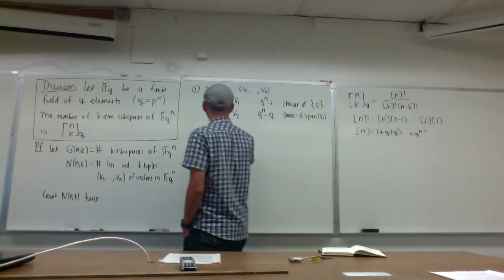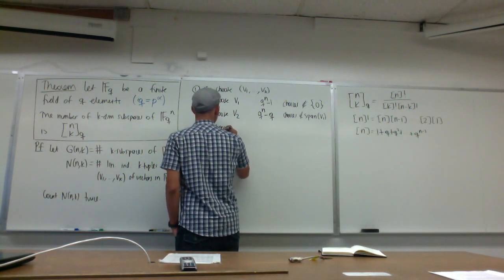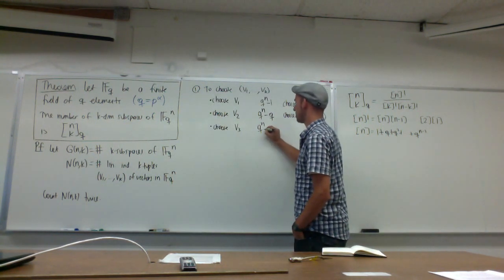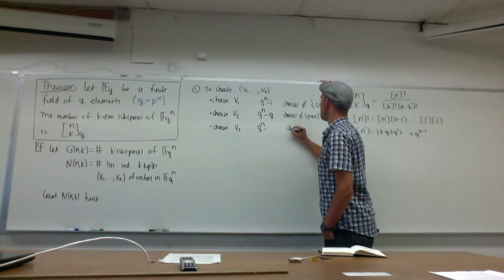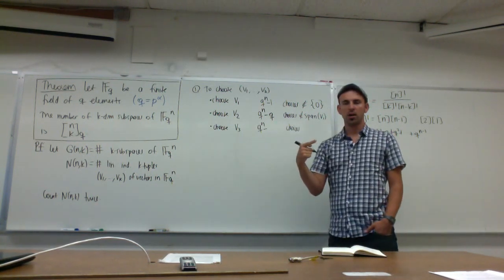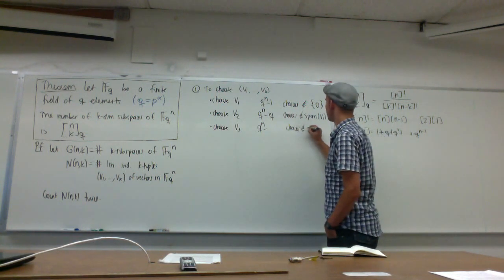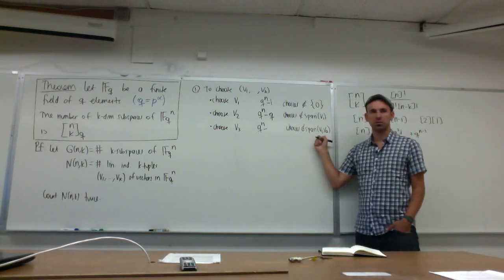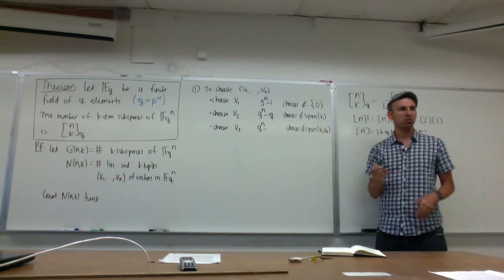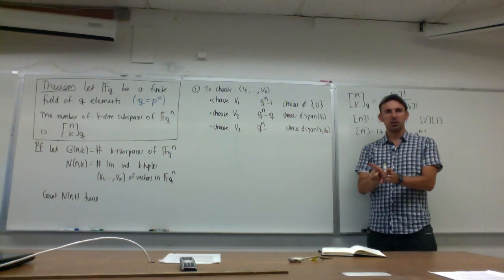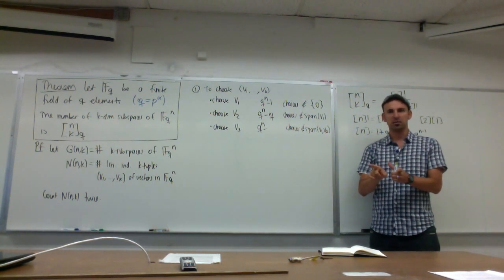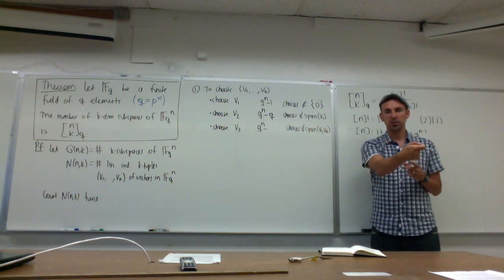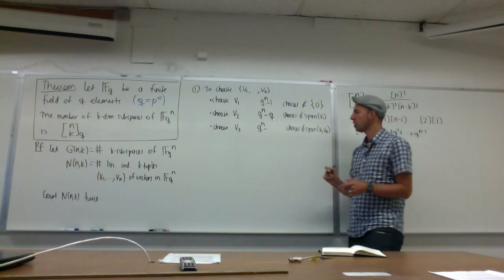Let's choose the next one now. Choose V3. So again, there's q to the n total, but there's some bad ones, and the bad ones are the ones that are linearly dependent with V1 and V2. I shouldn't choose anything in the span of V1 and V2. Now, how many things are in the span of V1 and V2? Well, V1 and V2 are linearly independent, and so I can just take any combination of them, and those are the span. So there's q possibilities for the coefficient of V1, q for the possibilities for the coefficient of V2. So there's q squared choices